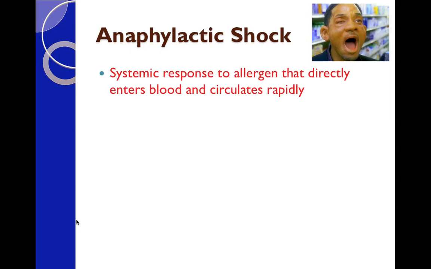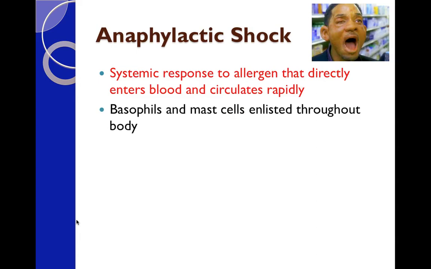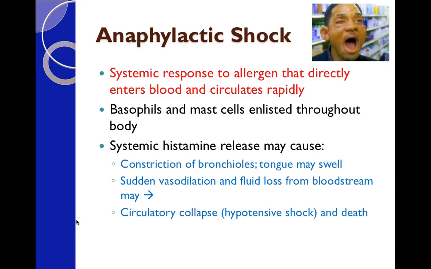It's one that I think you would probably encounter in the future, and this is where it's a systemic response. Enters the blood very directly, circulates rapidly. We're talking within about 15 minutes, it reaches its peak. Again, specific immune cells, basophils, mast cells, they release histamine, and then the histamine causes the damaging effects. So you get constriction of bronchioles, so you can't breathe. That you get sudden massive vasodilation, so you get a lot of fluid loss from the blood,